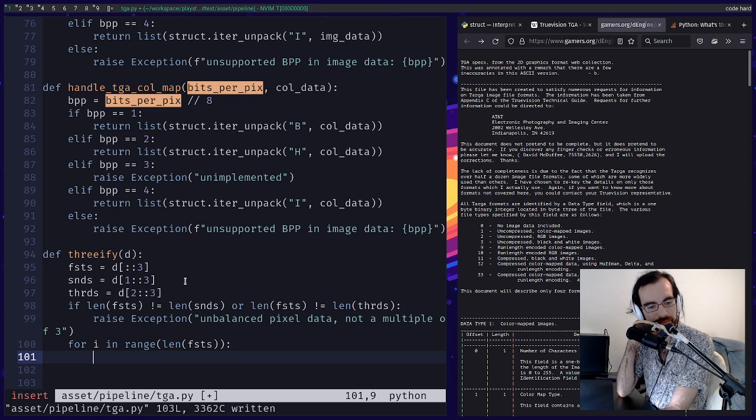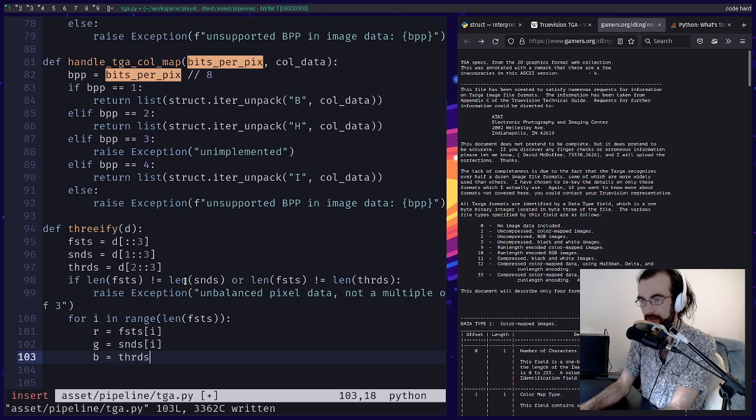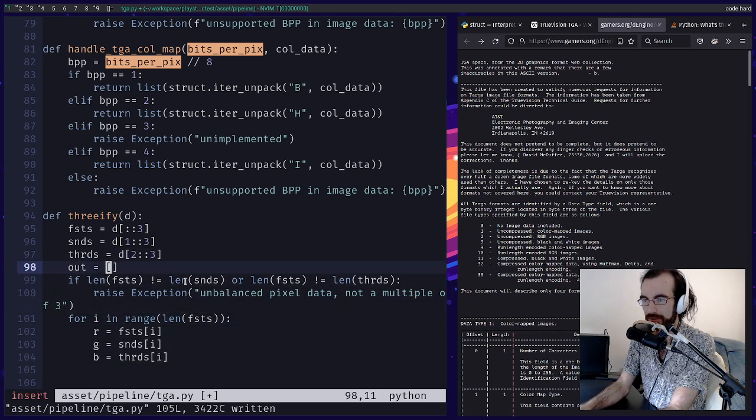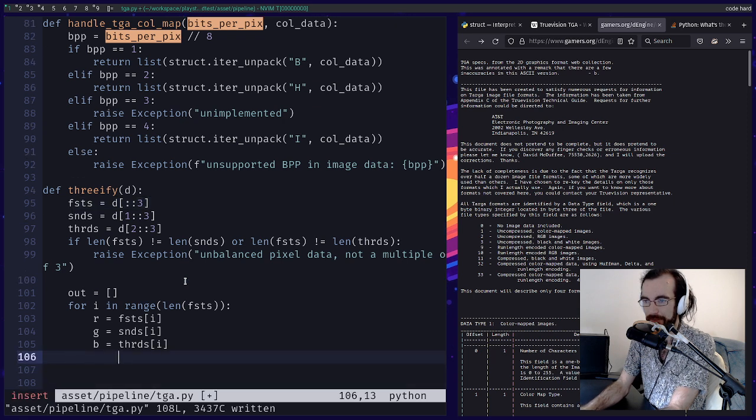Let's say red. Seconds I, and then B is going to be... we also need an output list, don't we? Out equals just some dumb array. Out dot append, and it's going to be R plus G times